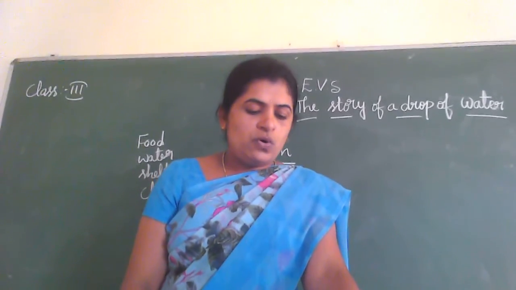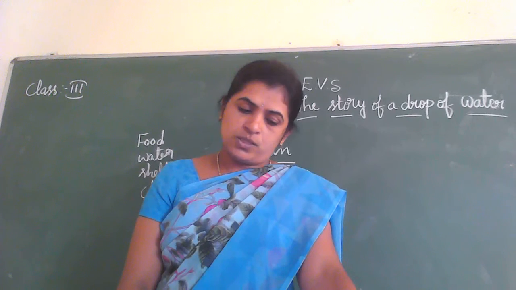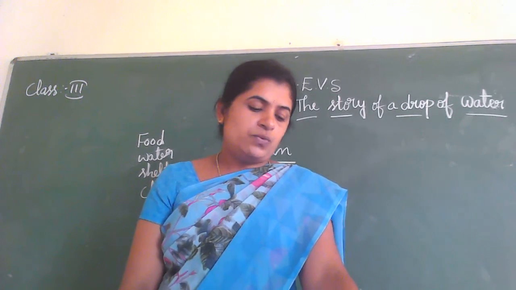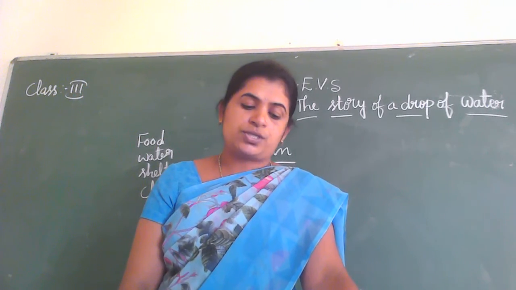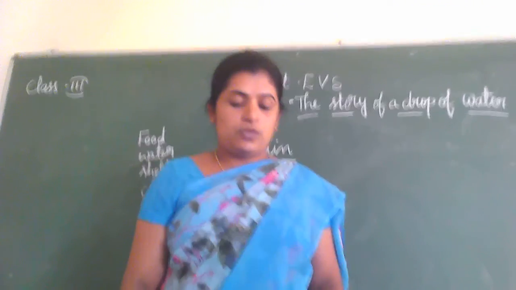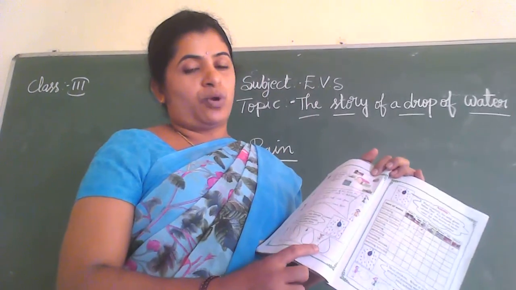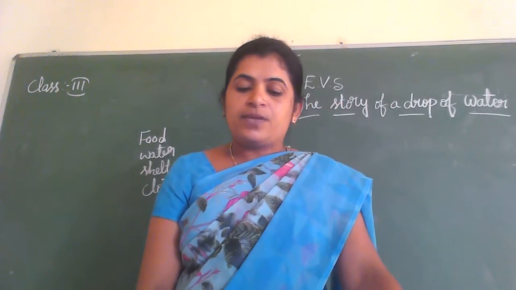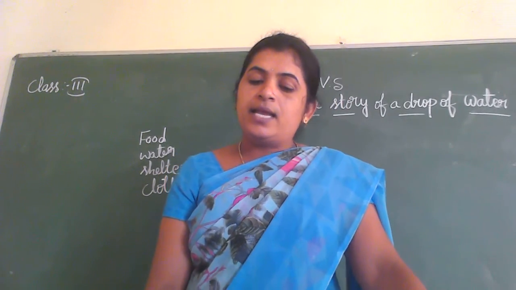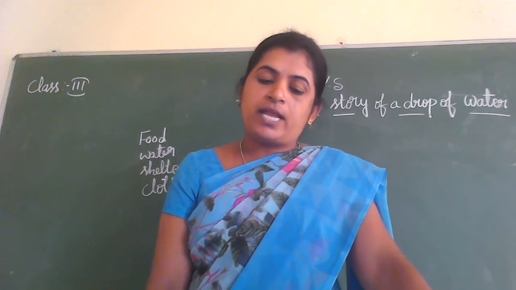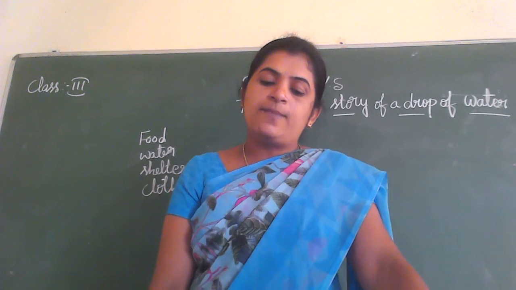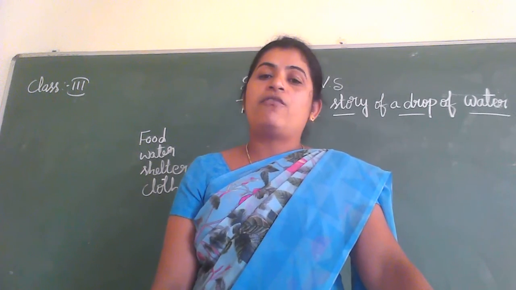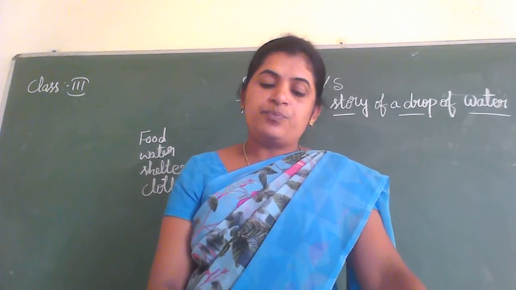Next, children, who brings me to your house? Write the answer inside the box given here. Children, who brings water to your houses? So this space is provided. You can write the answer. And then one activity is there. Read carefully the table given below. Then put a right mark in the column of the sources of water used for various purposes. You can fill the table, children.